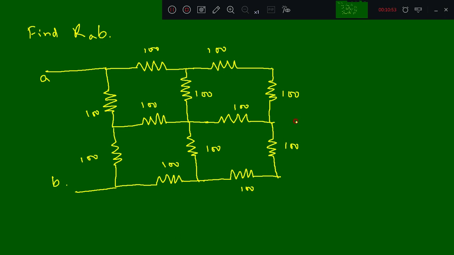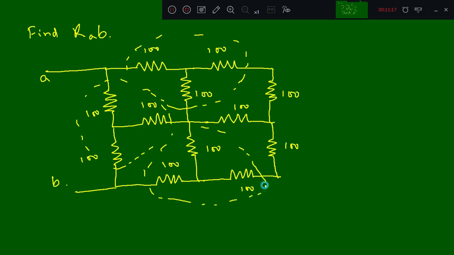if you are confused, you can check here. This fashion is a star, so this you can reduce to a delta. Then one more, this is also a star fashion, this you can reduce to delta. Then this is one star fashion, reduce to delta, and here it is one more star fashion, you can reduce to delta. Okay, so then you will get some parallel combinations and solve it. This is the homework.